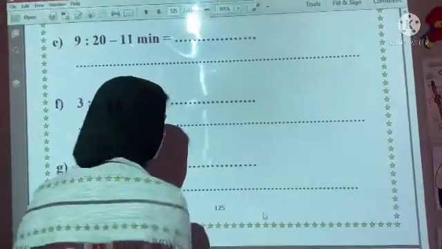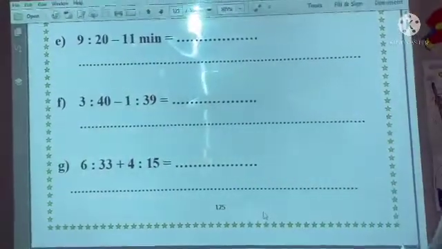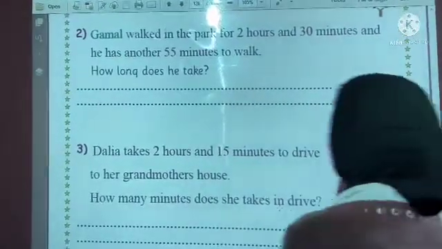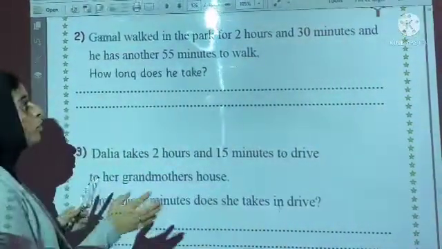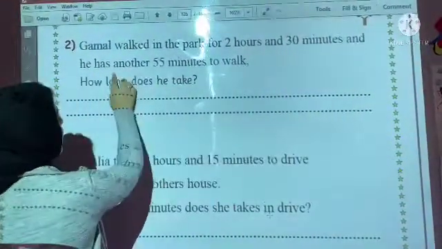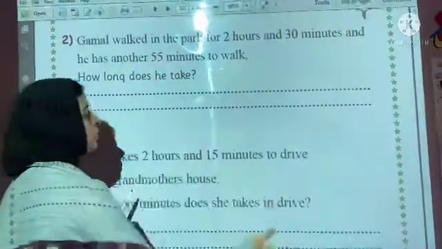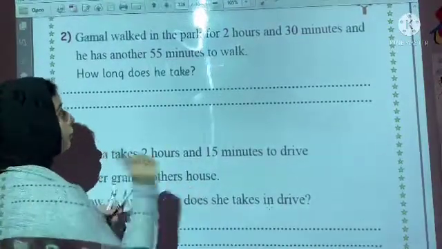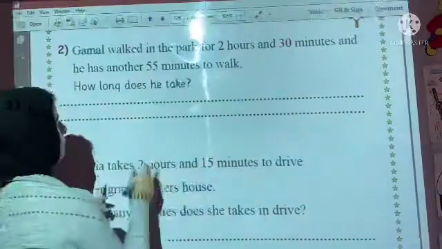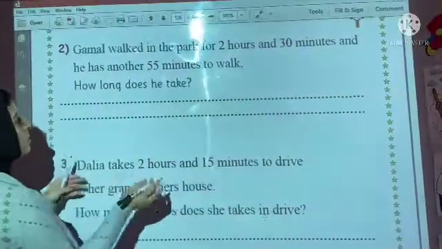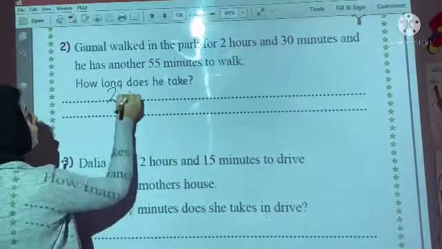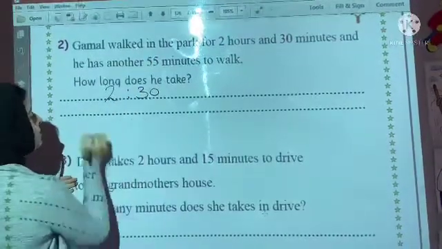I'm gonna break this one and move to the question board about the story problem. So here I have Gamal walked in the park for 2 hours and 30 minutes, and he has another 55 minutes to walk. So he walked first 2 hours and 30 minutes and another 55. That means I'm gonna make it plus to know how long he takes. So 2 hours and 30 minutes plus